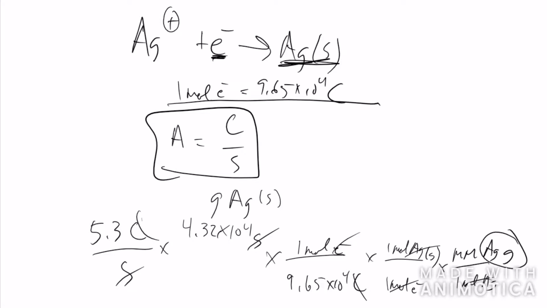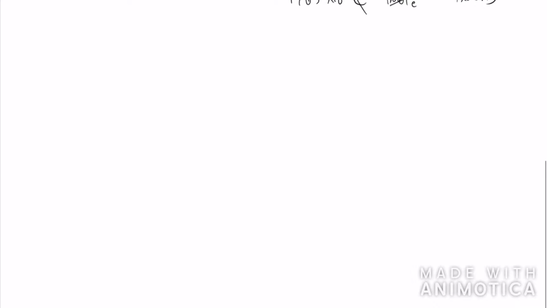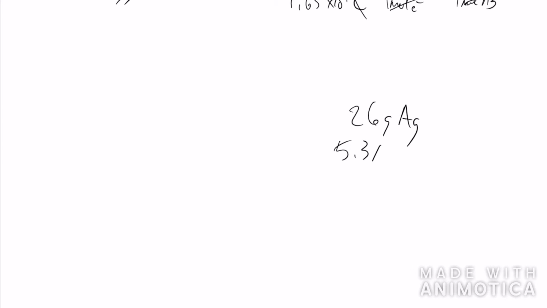So you said they could do it this way, or they could make us go the other way. What's the other way? So I could give you, for example, 26 grams of silver was plated with an amperage of 5.3 amps. How many hours did it take? Something like that. So it's all just like